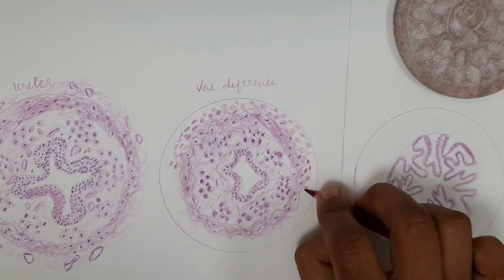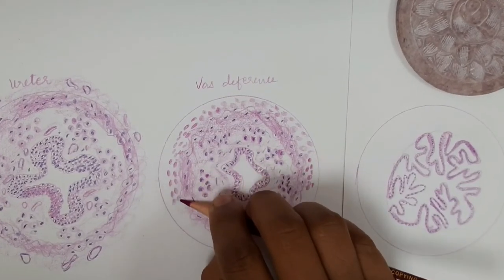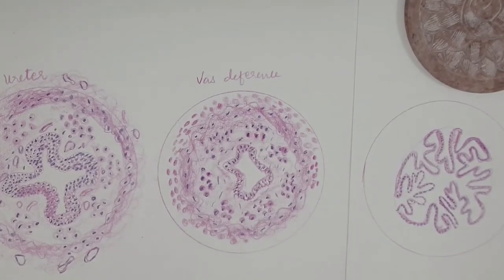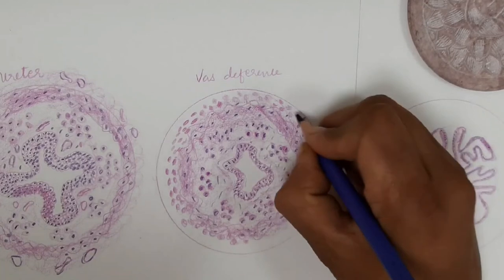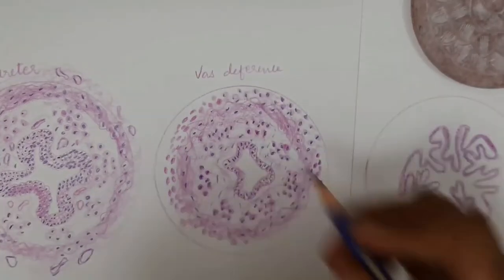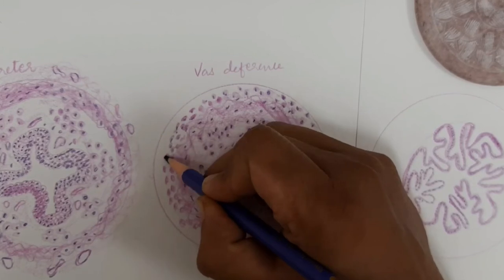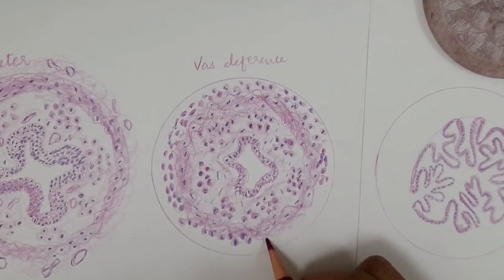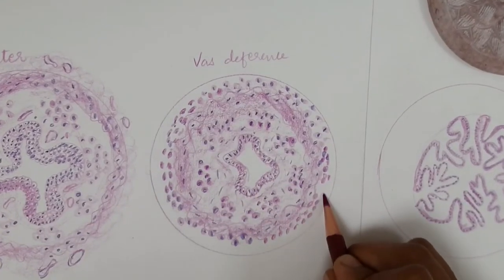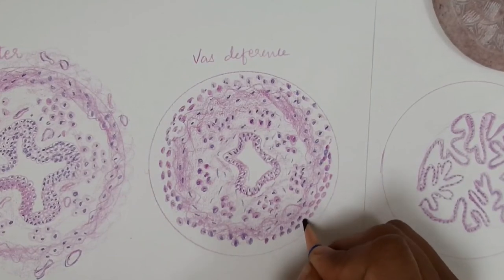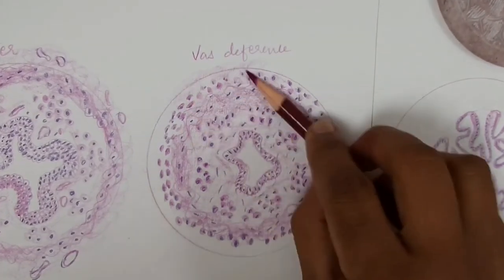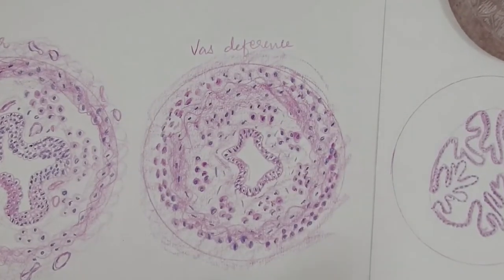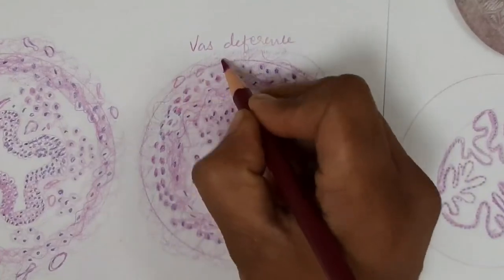So here there is an outer longitudinal muscle layer, and outside the muscular layer there is an adventitia. The adventitia consists of elastic fibers, blood vessels, nerves and lymphatics. It is 45 cm in length. It is a muscular tube, like a thick cord. So it has a thick muscular layer, and the lumen is narrow compared to the wall.